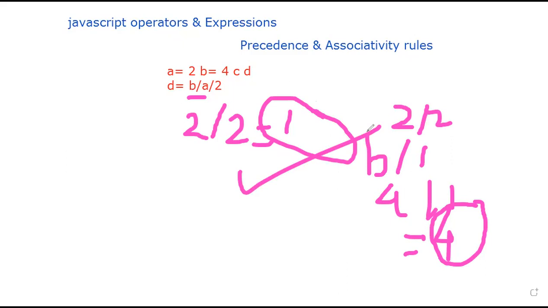Did you agree? So in this way, students, you have to explain the rules of associativity, compulsorily under JavaScript operators. One more thing: the values will also change depending upon the parentheses. For example, if we consider the expression A plus B into C, the values are going to change or not. If we take a simple expression, we will evaluate B into C first, and then A plus the result.